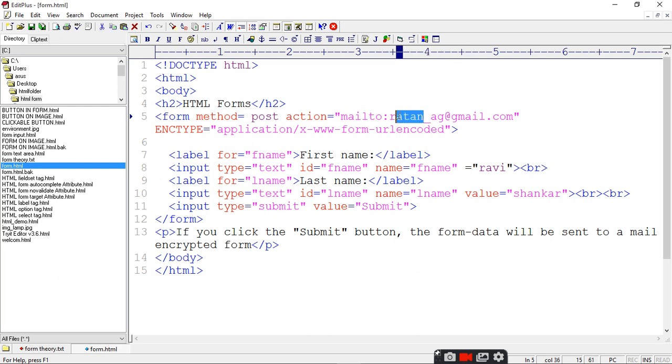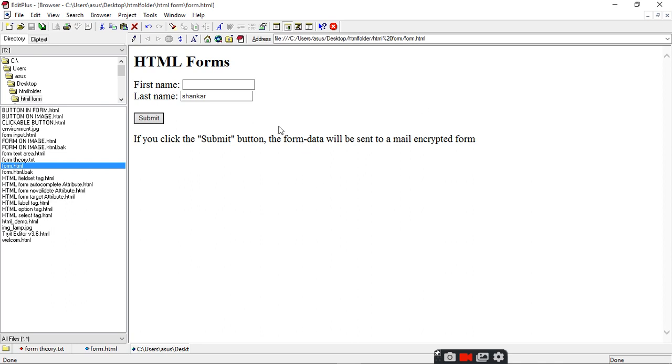Suppose Ravi is doing something, so write Ravi SH. You can change it, then save it and run it.